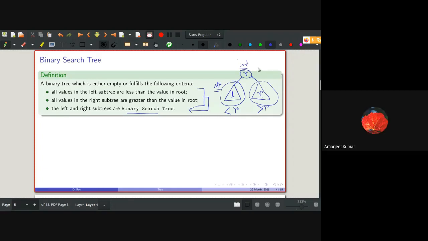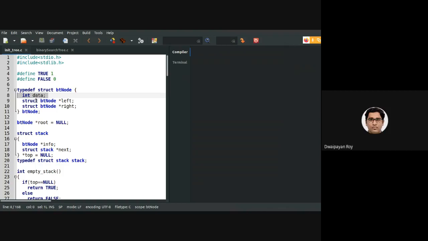Sir, in case our data is not integer and something else, then you have to artificially create an order, right? Very good question. It can be the case that the data that I want to store is not of integer type. It might be another structure type.